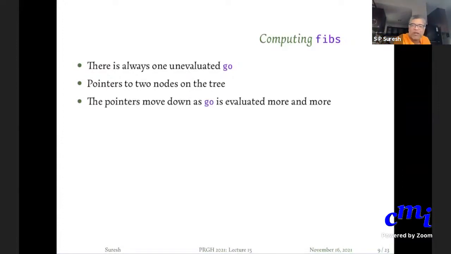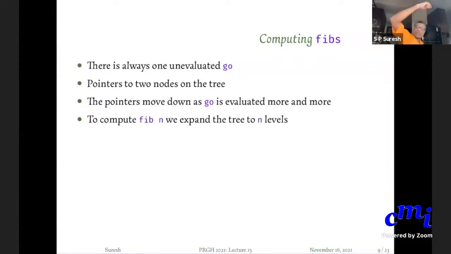And as your go is evaluated more and more, the pointers move down and down. And that's it. So essentially, you are walking through the spine of the tree, computing things as you go along. Okay. So good. So this is what is happening with fibs.